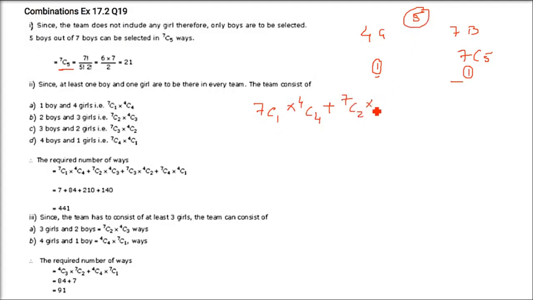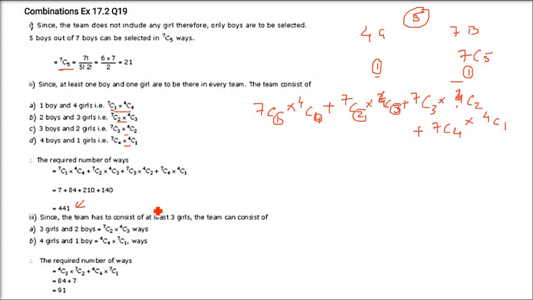Now from girls you will take how much? You have to make it 5. So 7C3. Then let us take 3 from the boys, 7C3. Now you have to take 4 from the boys. This addition should be 5, please remember. So it should be 7C2, 4C2 now. Now we have 7C4. We have taken 4 from the boys, so 1 from the girl. You cannot go less than that. At least 1 girl should be there. So these are the minimum. You cannot have 4C0. So these 4 items are there. Just multiply and add them. 441.